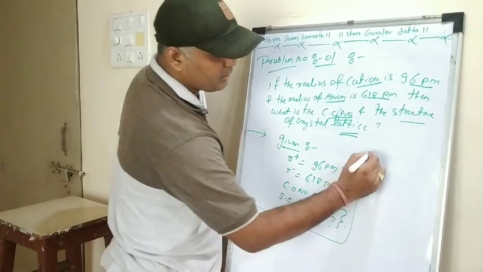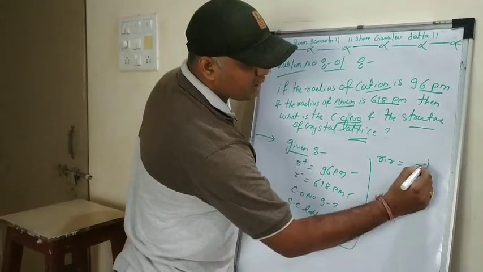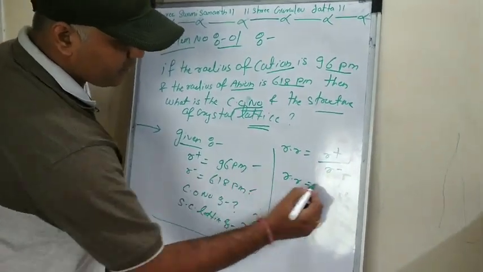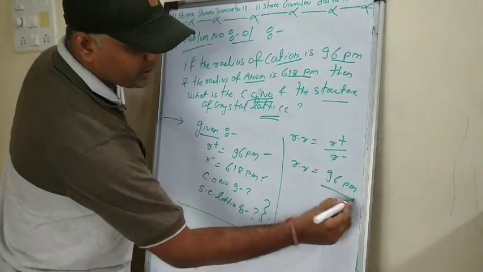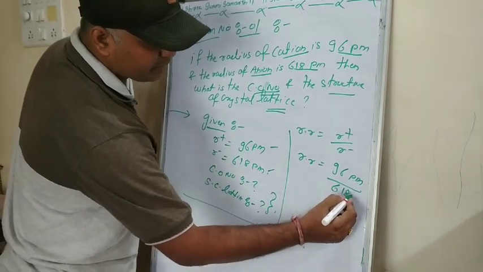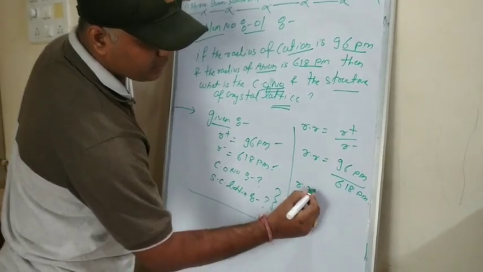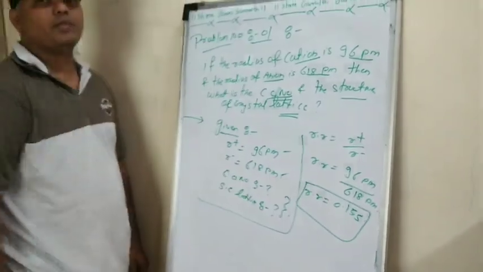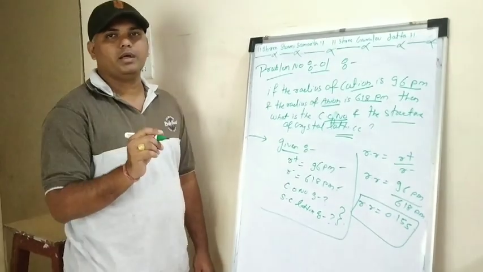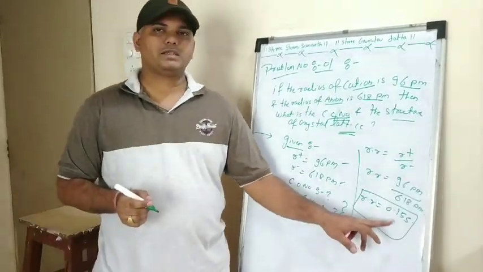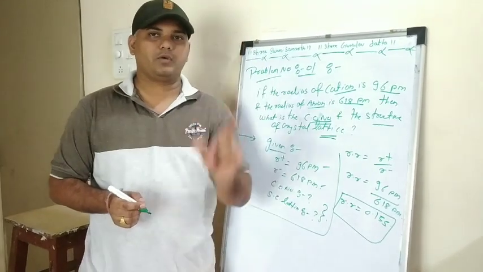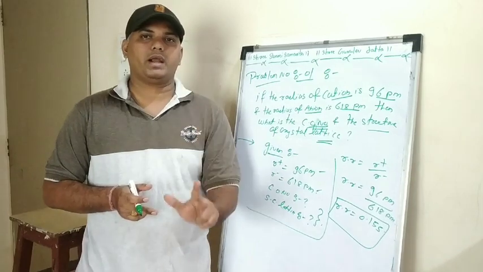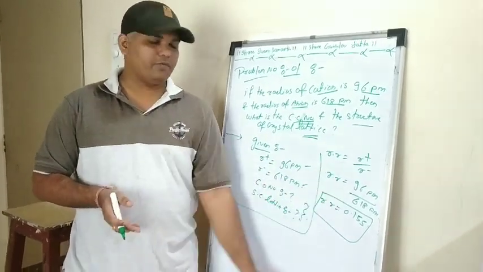So how we will calculate? We'll use the formula. Radius ratio is equal to R plus by R minus. What is the value of R plus? 96 picometer divided by 618 picometer. So what will be the value? 0.155, right? So my dear students, you might be remembering that lecture where I told that this particular value falls under the trigonal void. You remember that void table? In that void table we had the trigonal void, tetrahedral void, octahedral void, cubic void. I had also given you all the values.